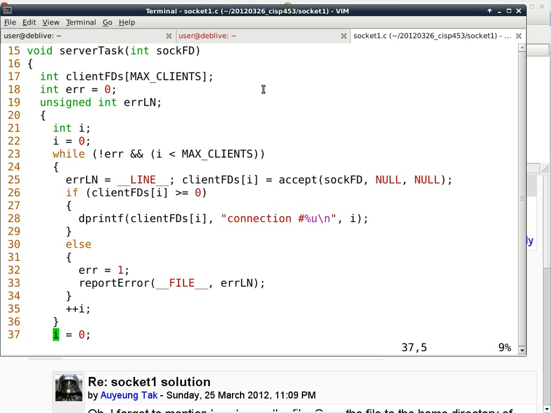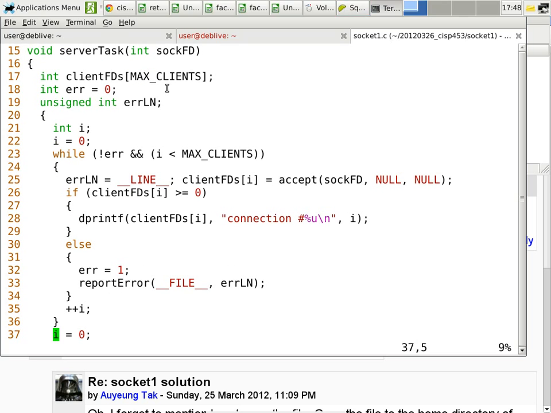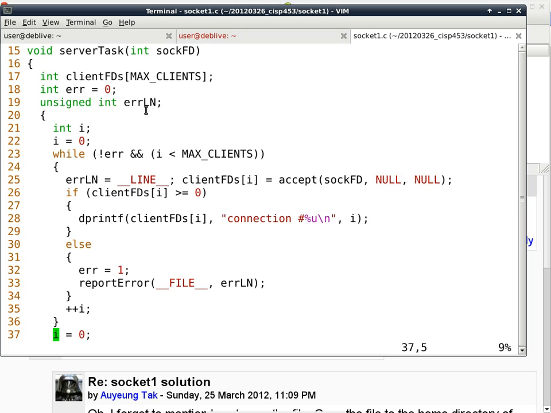All right, so here's server task. Server task is the one thing that is specific to socket 1. In other words, socket 2 will have something that is different. Okay, not entirely different, but different. In this case, server task is going to